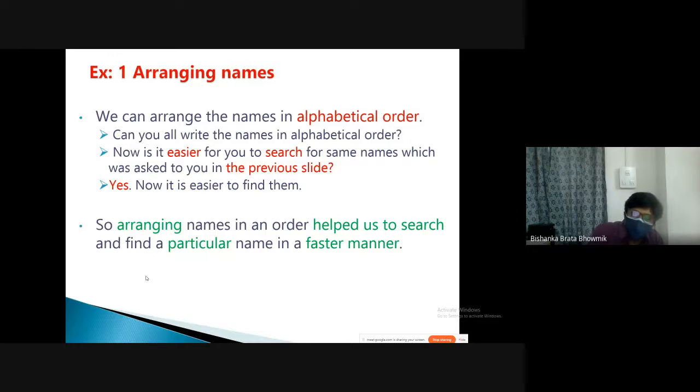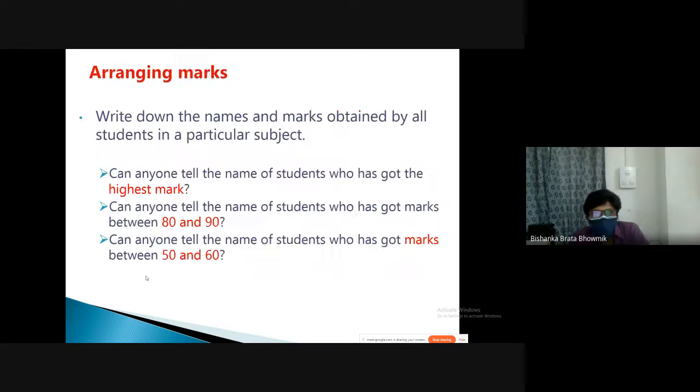So by doing this, they will learn hands-on how to arrange the names and what the benefit is of arranging in alphabetical order. Okay? This will be very fast and also particular, right? So the name we need, we can instantly take out from that section. So the main motto is that they should understand that by arranging this, the work we are doing is actually going to be helpful for us.